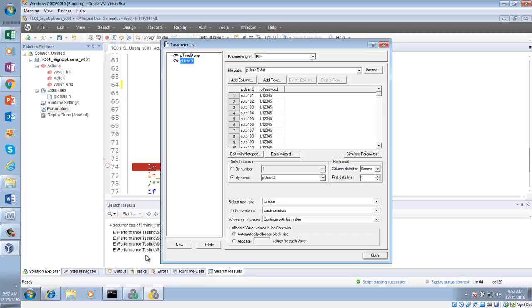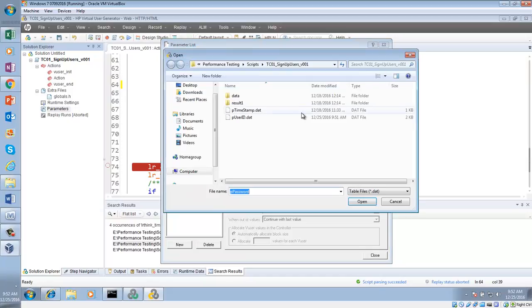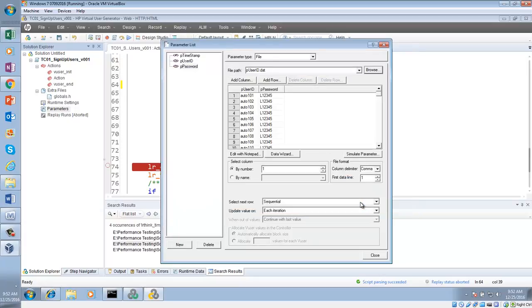No. I am going to create a parameter called P password. Then, instead of creating a table, I am going to select browse, and where is my parameter file? In this P user ID file, I am going to click OK, right?